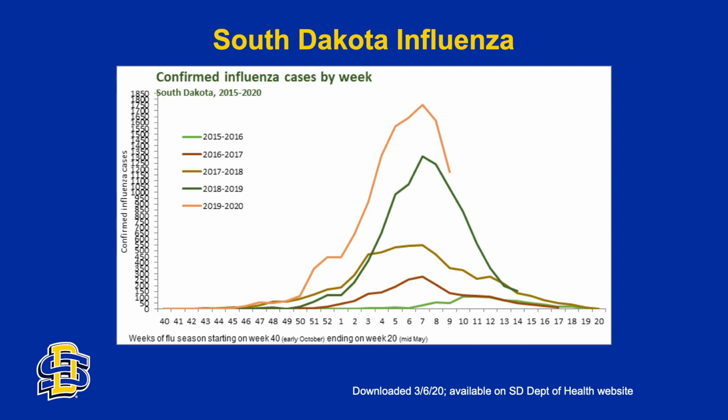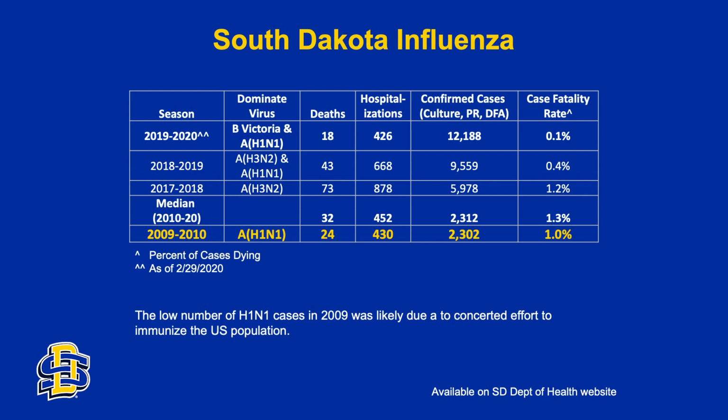If you look at South Dakota, every week they put out an influenza report during flu season. And you can see the graphs, and like this year, you can tell there was a lot of cases. And it came kind of earlier than most years. And then they can tell you also on the website for the Department of Health what the different types of flu are for that year, along with what we call the case fatality rate, or what percent of the cases, people that actually come down with the disease, die from the disease.